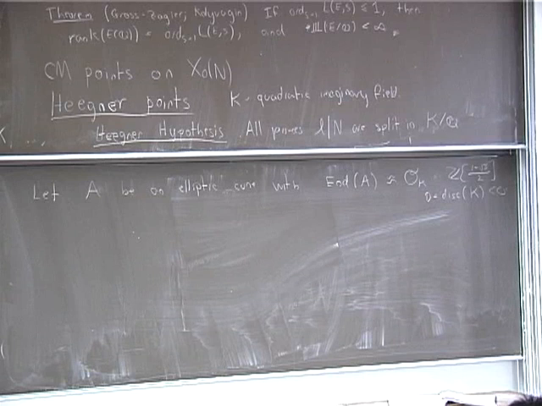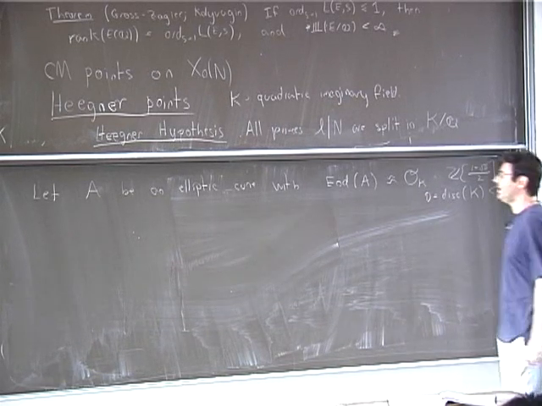So I give myself an elliptic curve with this endomorphism ring, and the theory of complex multiplication